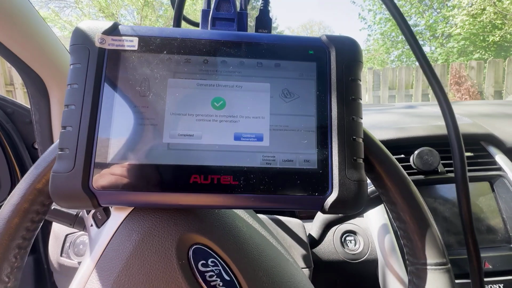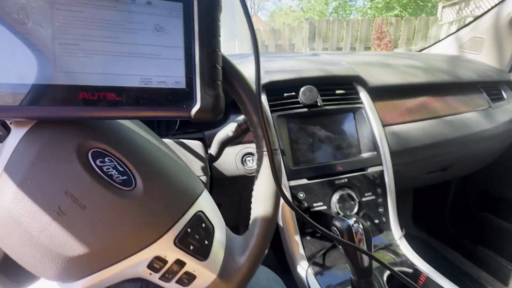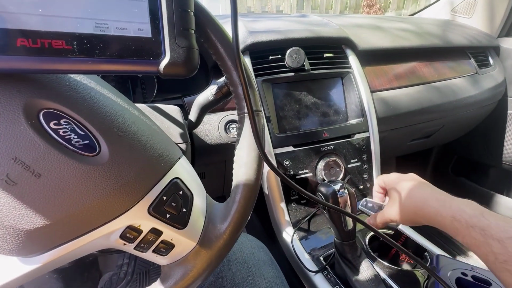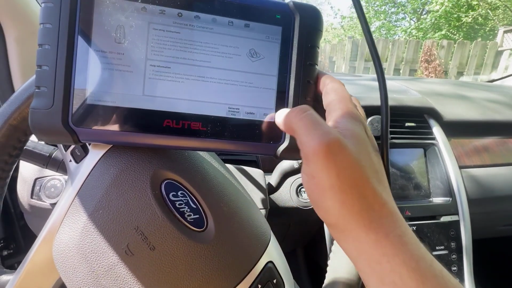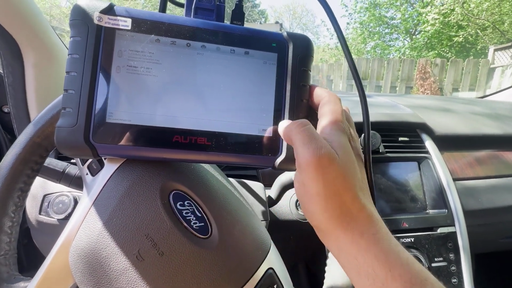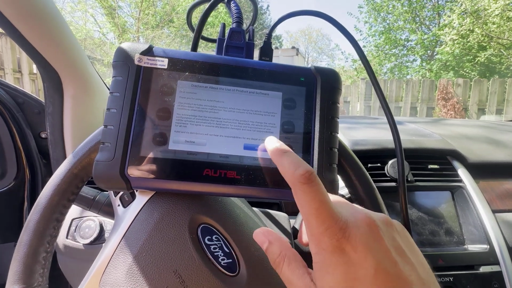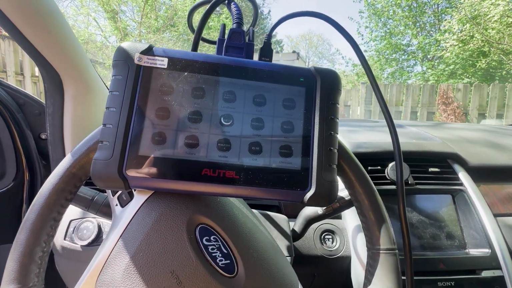Okay, generation is completed. This key right now is ready to be programmed for this Ford. So we go back to immobilizer, accept. So here we look for Ford,